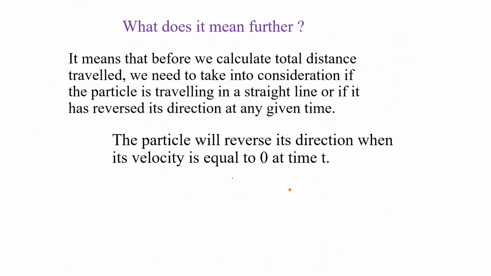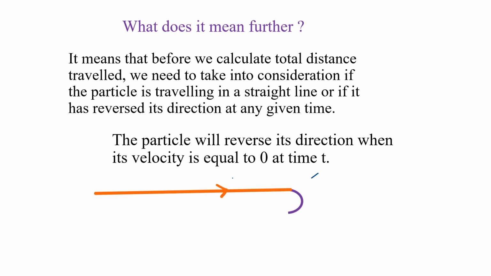So in summary, what does it mean? It means that before we calculate total distance traveled, we need to take into consideration if the particle is traveling in a straight line or if it has reversed its direction at any given point. So to know whether the particle has reversed its direction at any particular point, we will need to let velocity equal 0. For example,